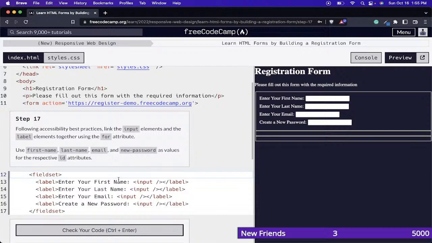Following accessibility best practices, link the input elements and the label elements together using the for attribute. Use first name, last name, email, and new password as values for the respective ID attributes. I don't know what that really means. So for sure we're adding the for attribute into the labels for accessibility best practices. And that's for, I'm guessing, screen readers type of accessibilities. So label